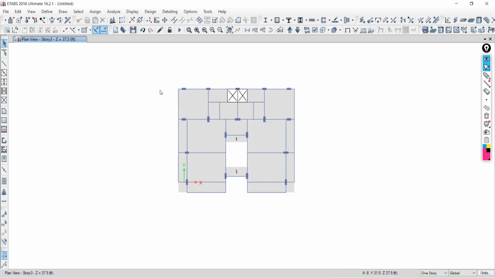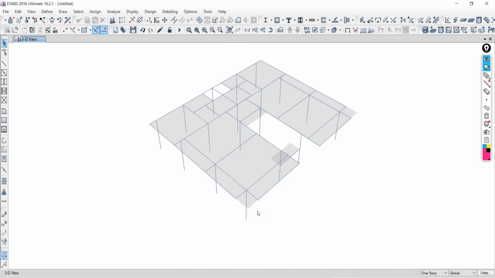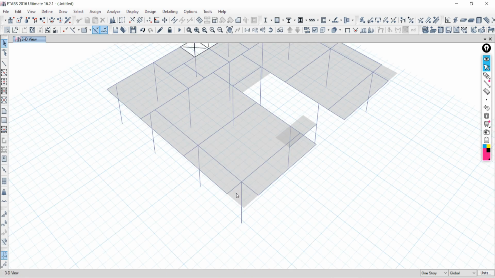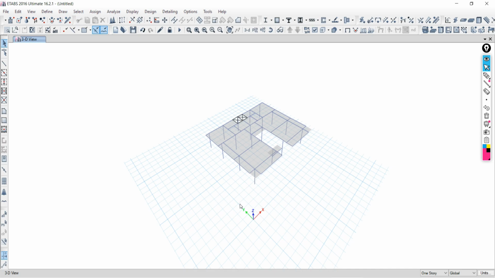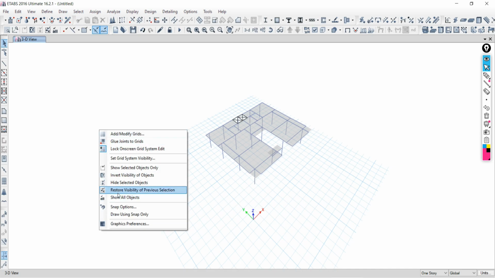If I am dragging from left to right, all the things will be selected. Just right click and show selected object. So all the things of the third story were selected only. Right click and show all object.